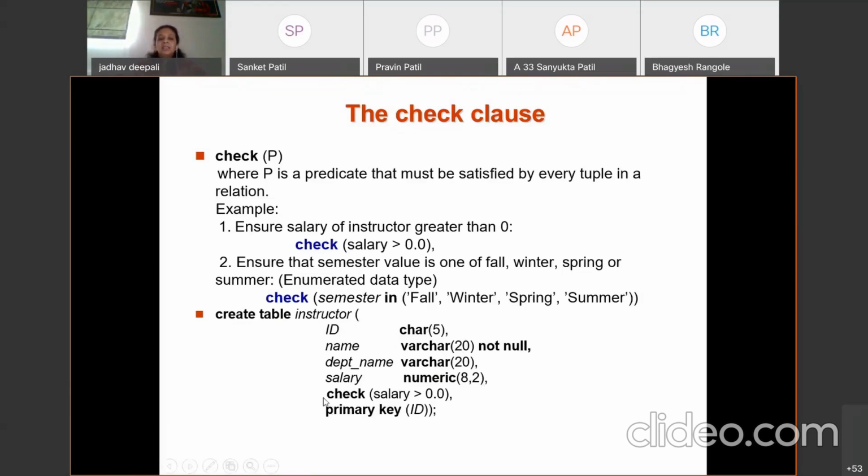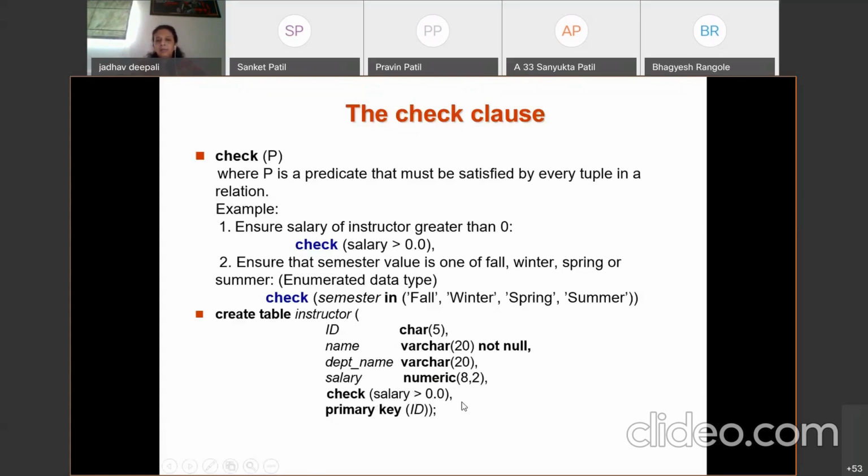Another simple constraint is that salary should be greater than 0. That's why check salary greater than 0. Then primary key ID. So how many constraints are there on this instructor table? There are mainly 3 constraints. First is not null name, primary key ID, and check salary.